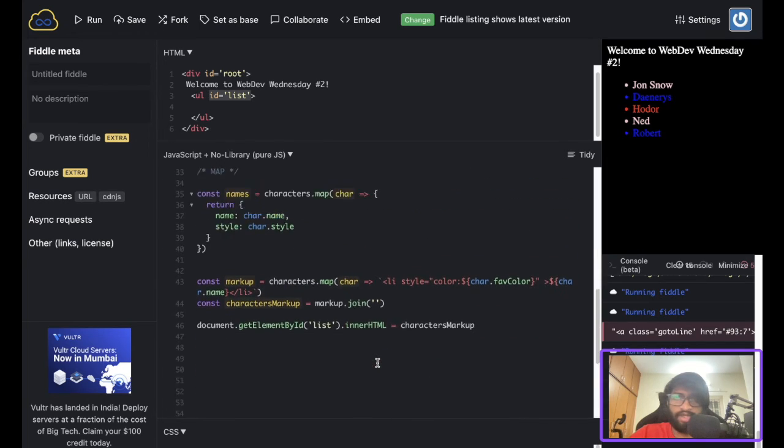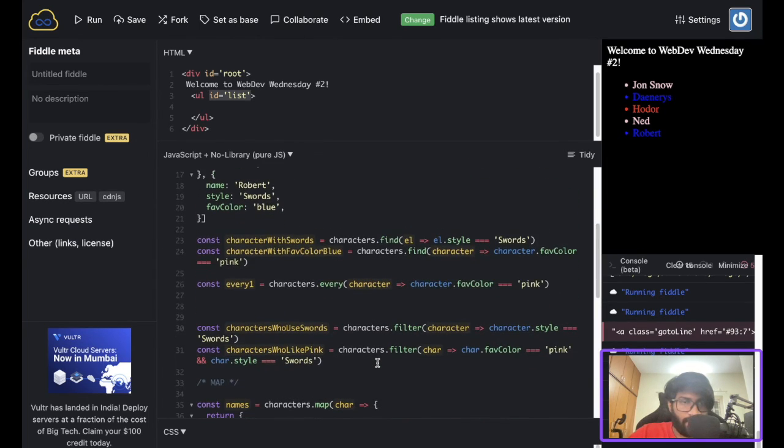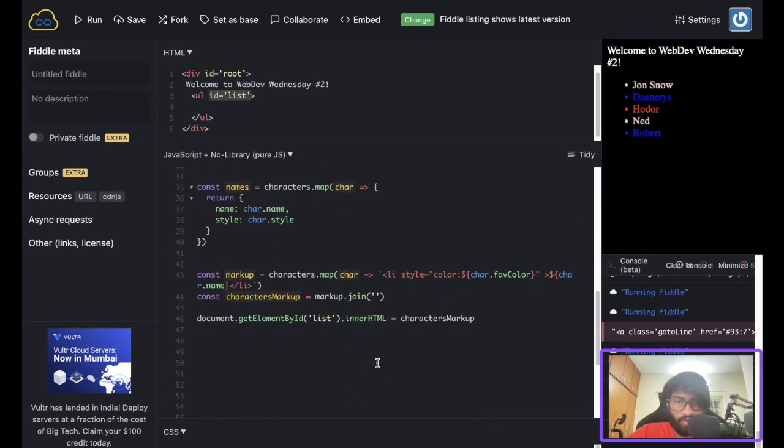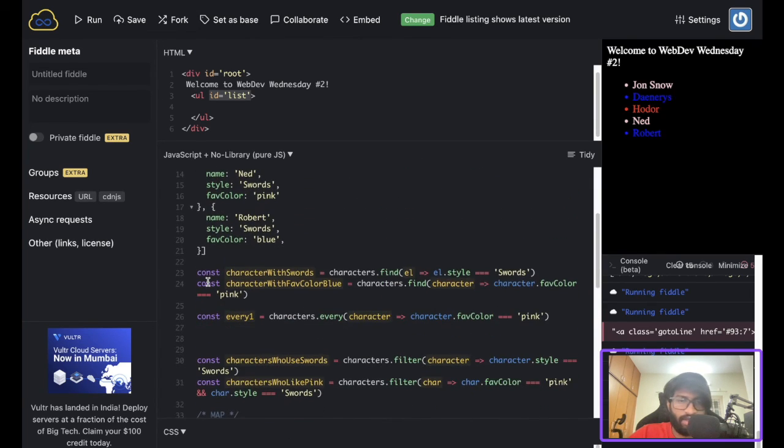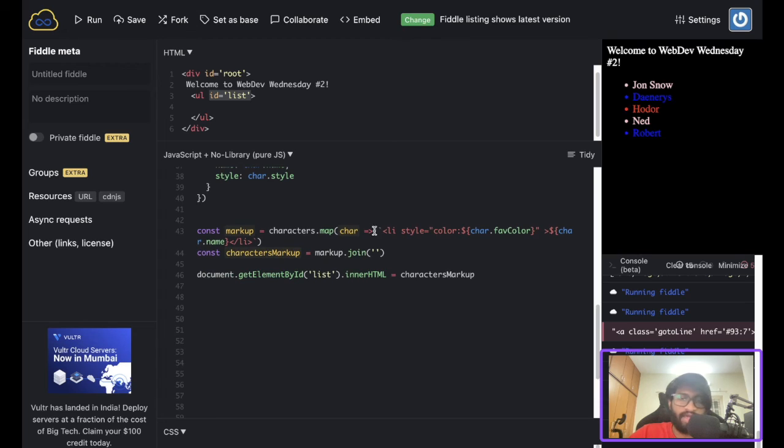Great, we just learned four array methods and used them on a characters array for multiple use cases. I hope you were able to learn. I hope this video was helpful in learning the array methods, and stay tuned for another video where we will explore more array methods or more into objects and stuff